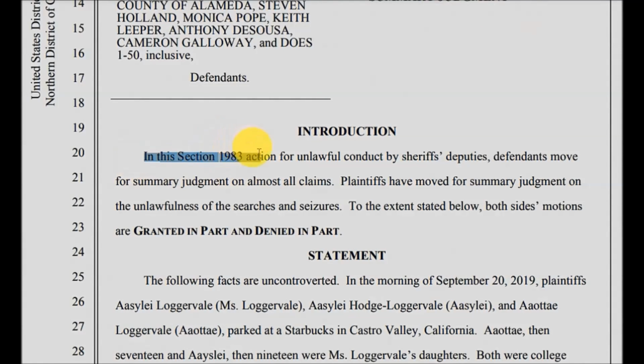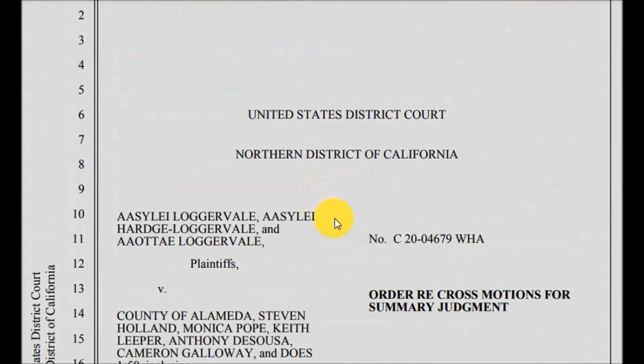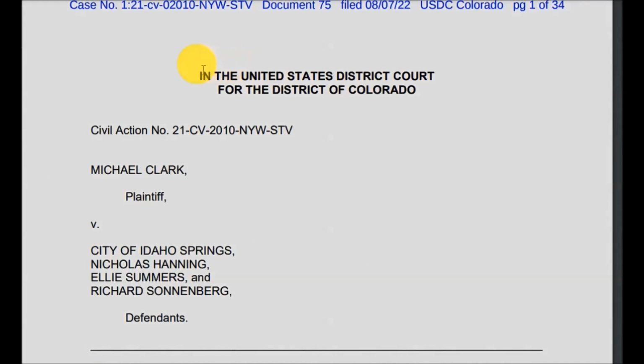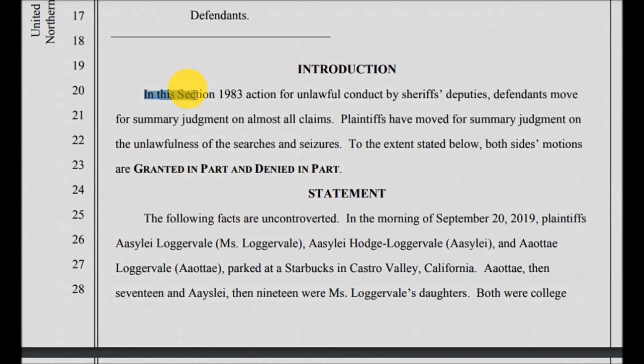In a Section 1983 action for unlawful conduct by sheriff's deputies, defendants move, oh, by the way, this is the United States District Court, Northern District of California, case number C20-04679-WHA. The first case we went over is in the United States District Court for the District of Colorado, case number 1:21-CV-02010. In this Section 1983 action for unlawful conduct by sheriff's deputies, defendants move for summary judgment on all claims. Plaintiffs have moved for summary judgment on the lawfulness of the search and seizure,